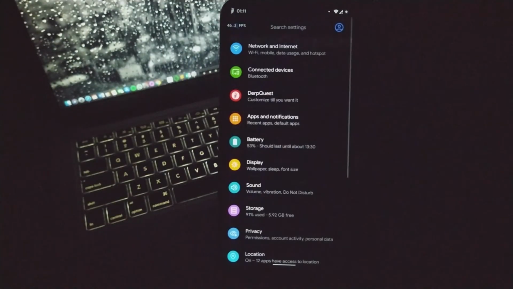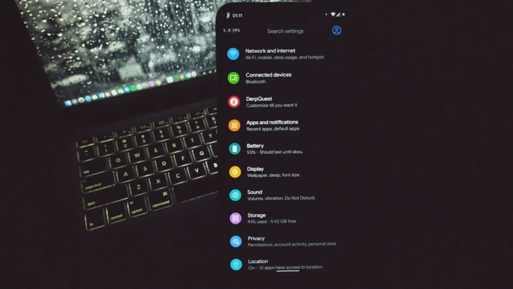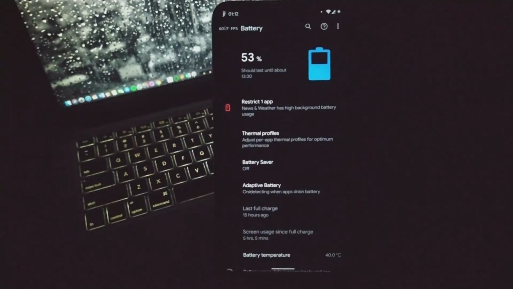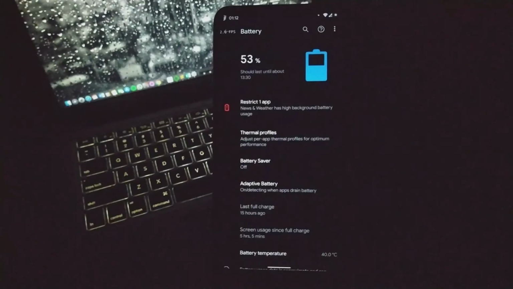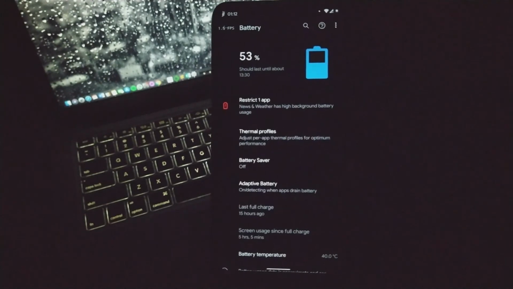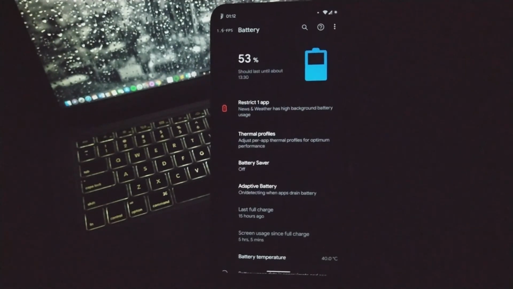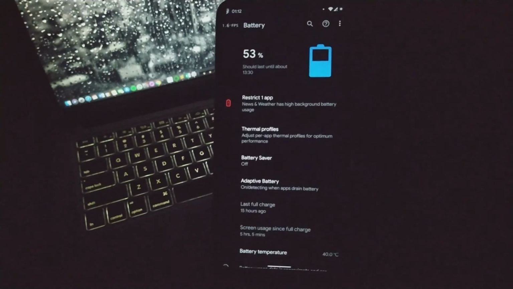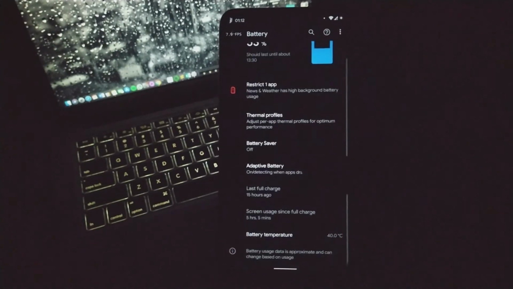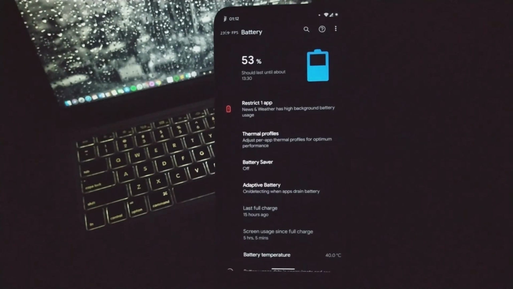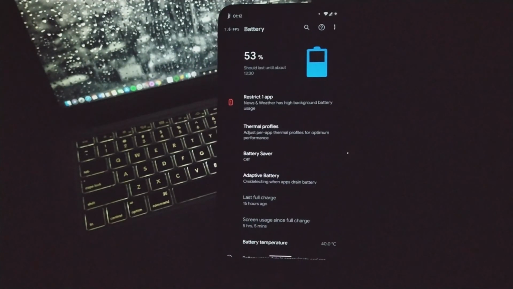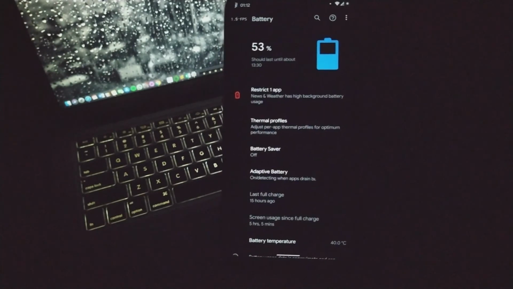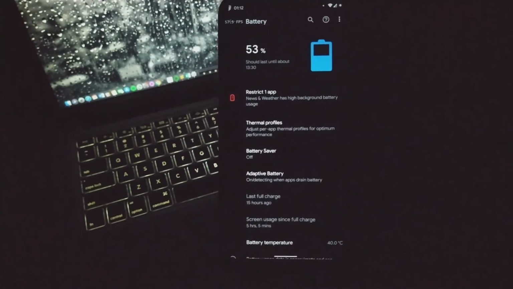So let's talk about the battery life in this ROM. This ROM for me lasted about 5 to 6 hours of screen on time. Again, this battery life statistic may change depending on your usage, how much you play games or use it for normal use. For me, I played about 3 to 4 games of PUBG, including normal usage such as social media applications, YouTube, Instagram, and WhatsApp. This may vary from person to person.